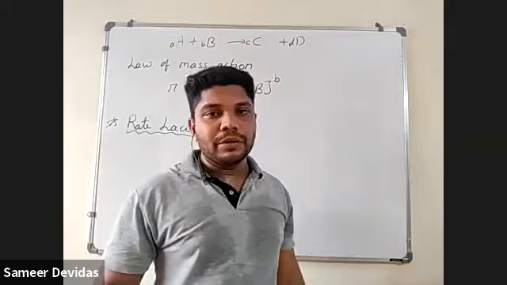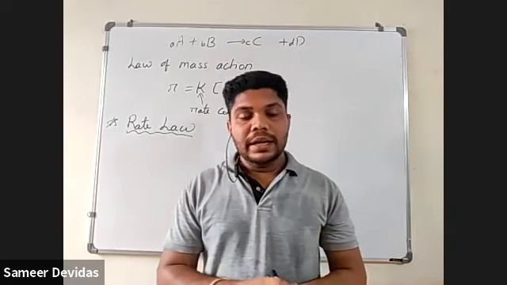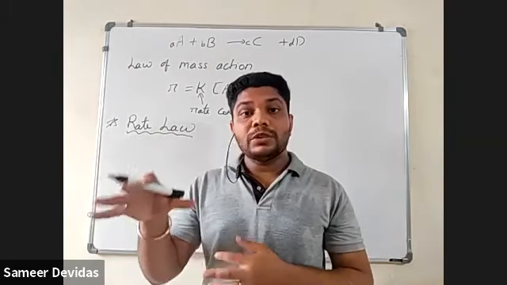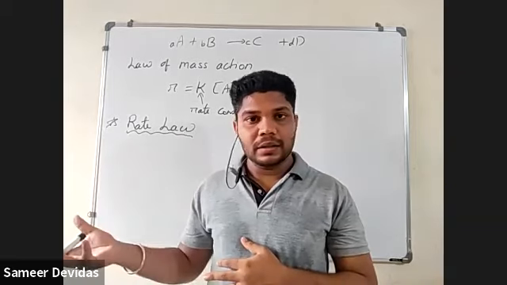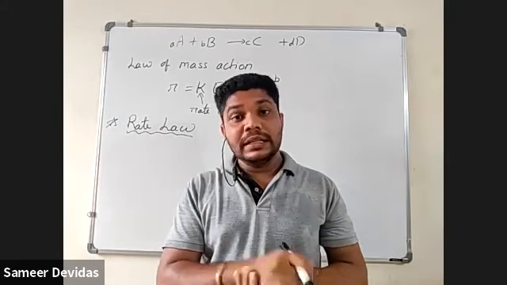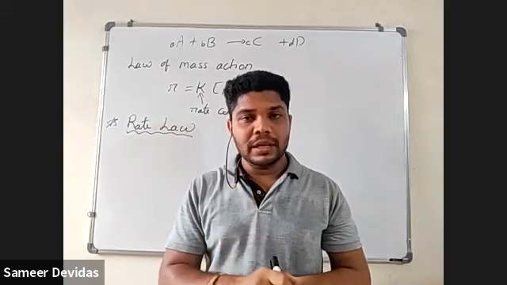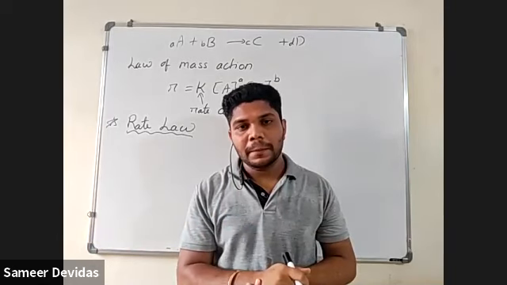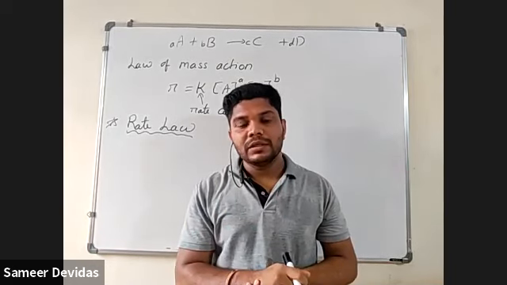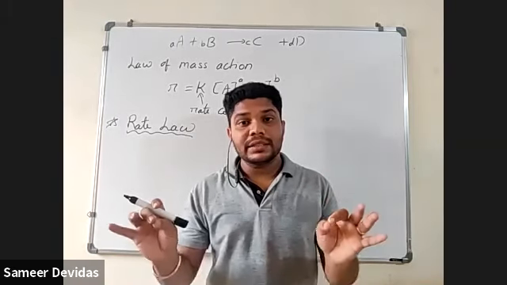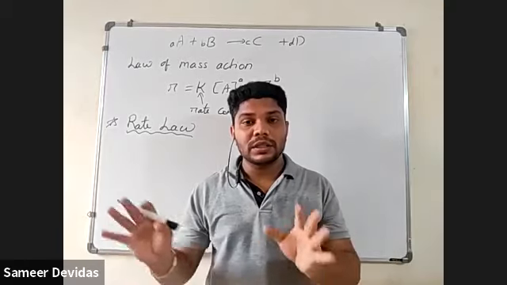Now what is meant by rate law? In rate law, we are finding the dependence of the rate of a reaction based on the concentration of the reactant or product. We have seen the rate of a reaction, but that rate of reaction depends on concentration. We have seen the factors affecting it. Which was the second factor I have given? Concentration of a reactant. That means the rate of a reaction is directly dependent on the concentration of a reactant.